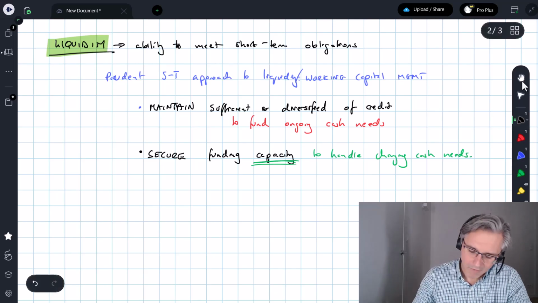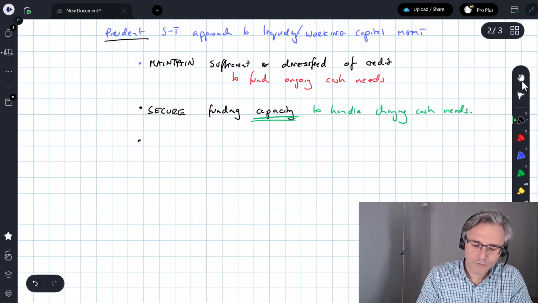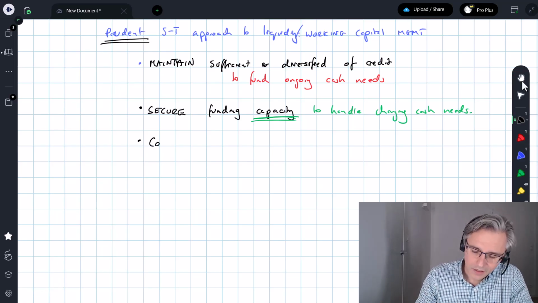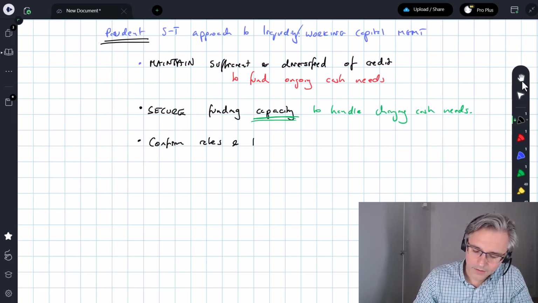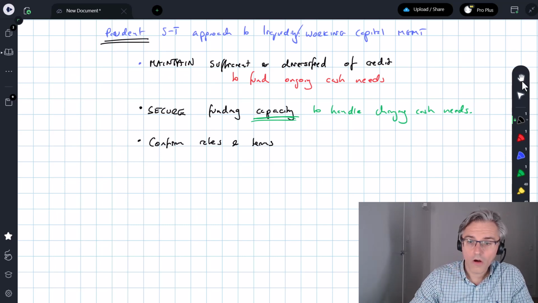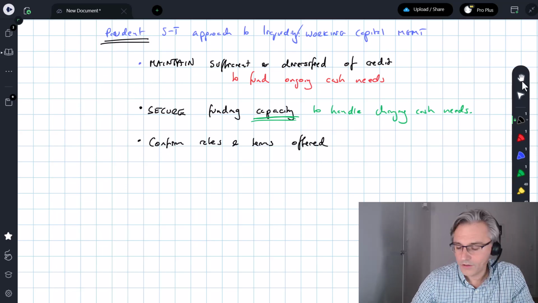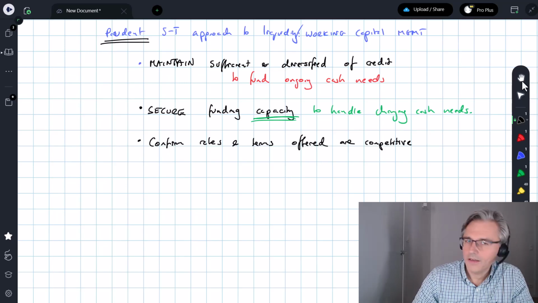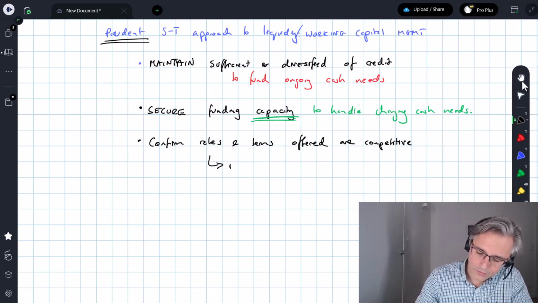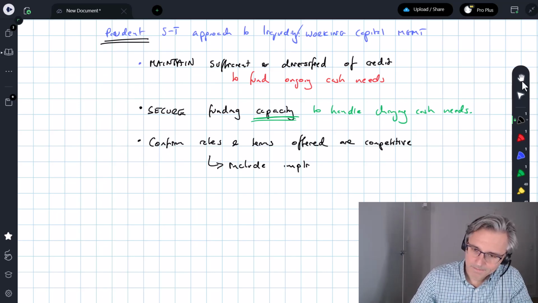Now, another point, but I would say this is just normal practice, okay, it's prudent, is confirm the rates and terms offered by your suppliers of funding, and confirm those rates and terms offered are indeed competitive. And this should include the implicit and explicit costs